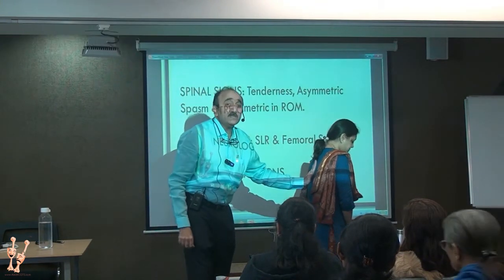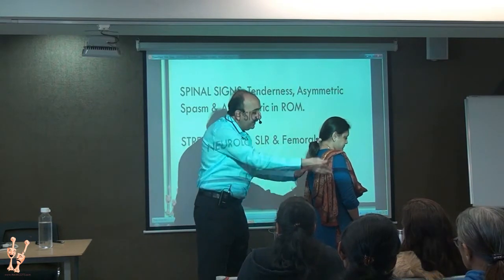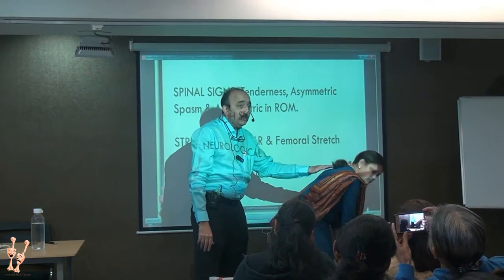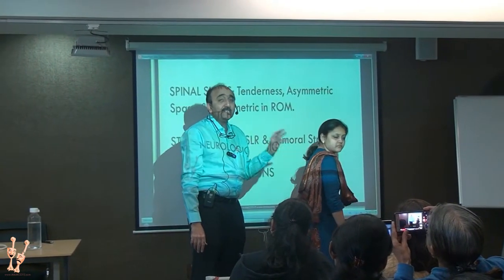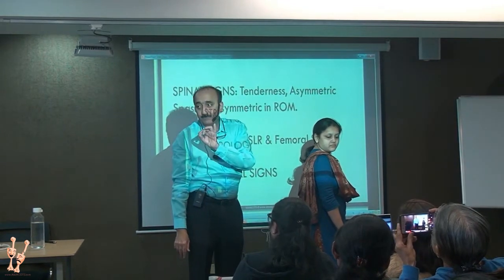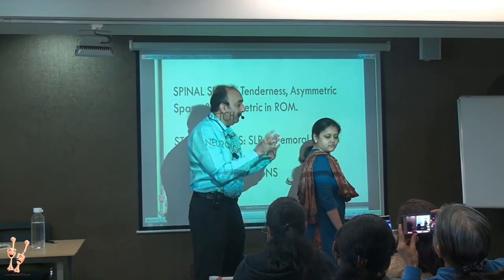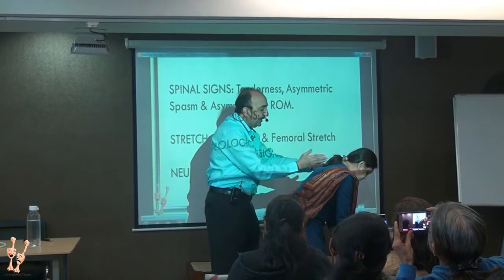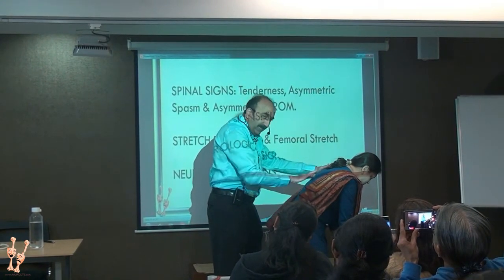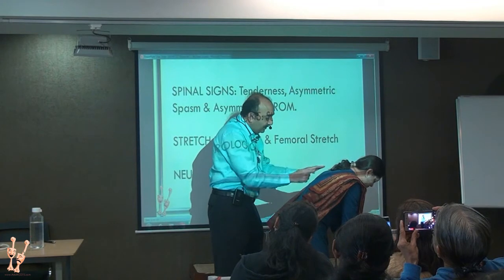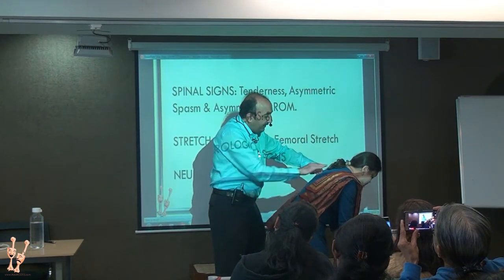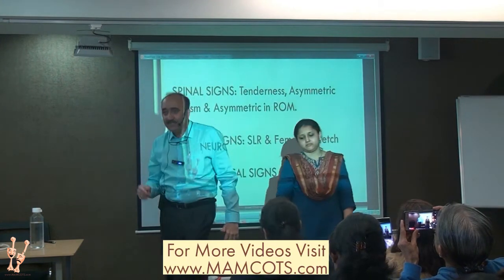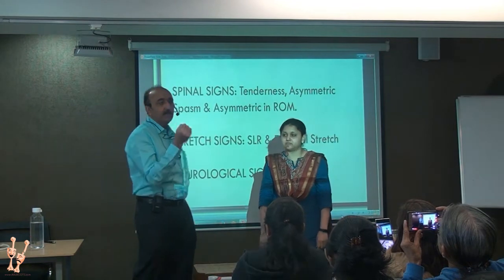Then how do you look for dorsal spine movements? One is forward bending, of course. Bend forward. Now when you are flexing, if there is a scoliosis in the dorsal spine, because the dorsal spine is connected to the ribs, there will be a rib hump. Imagine she had a scoliosis which is right concave, then it will go like this, which I can feel here but you can't see. Whereas if there was a scoliosis on this side, the ribs would have become more prominent. So on flexion, I would have seen a rib hump here. Understand? So that is a way to pick up a scoliosis in the spine.